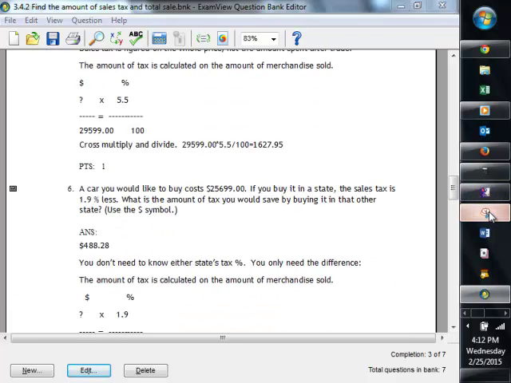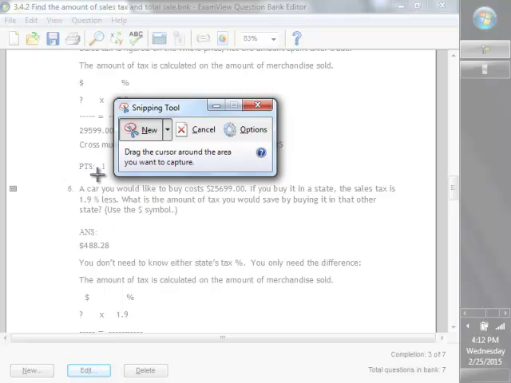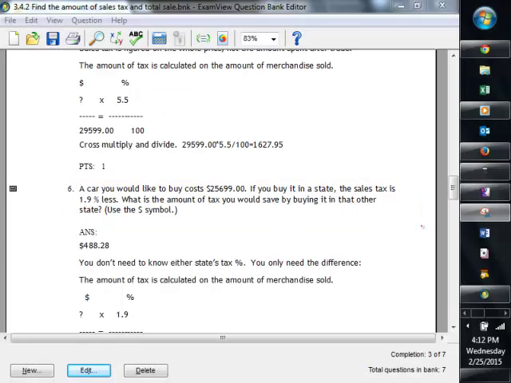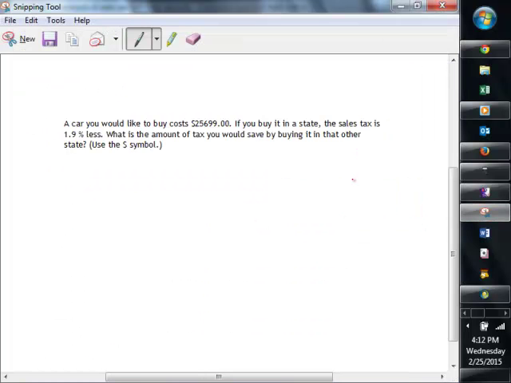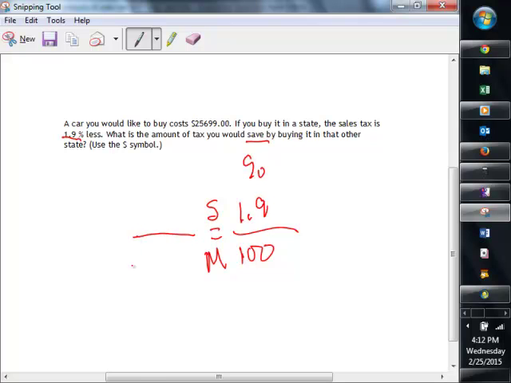This time you say to yourself, hey, you know what? I think I can save money. What happens if I would buy a car for this amount, but I go to a state that my sales tax isn't as much? So how much money do I save? Well, the sales tax is based on merchandise, and let's call it the amount that you would save, 100%. So regardless of how much the tax rate is, if it's 1.9% lower, that's how much money you're going to be saving,